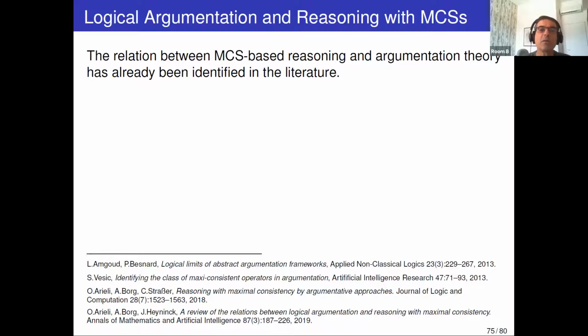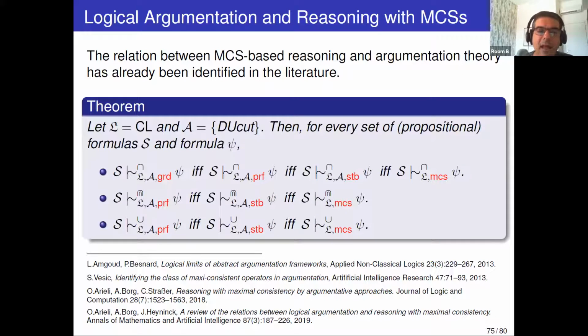So the relation between reasoning with maximally consistent subsets and argumentation theory has been identified in the literature. Here are some examples for this. And we have a theorem showing that, for instance, if you use classical logic and direct undercut, then there is a correspondence, and actually equivalence, between